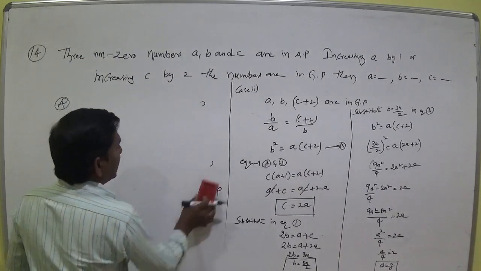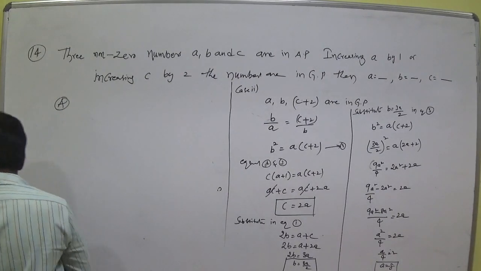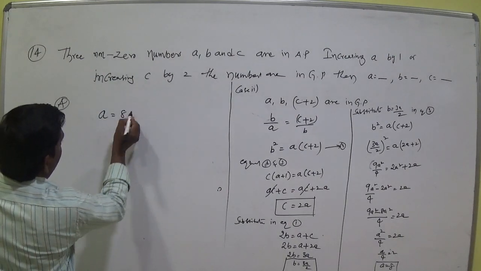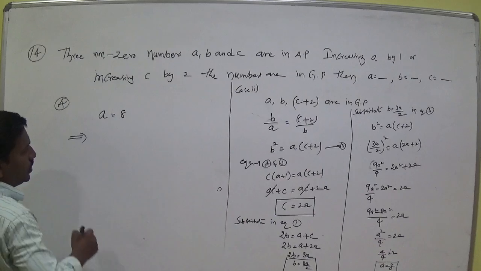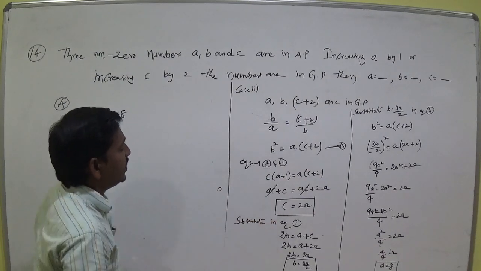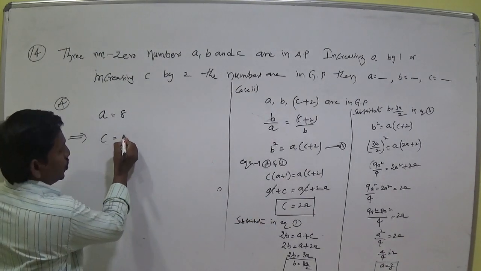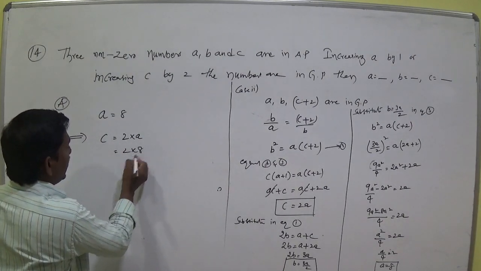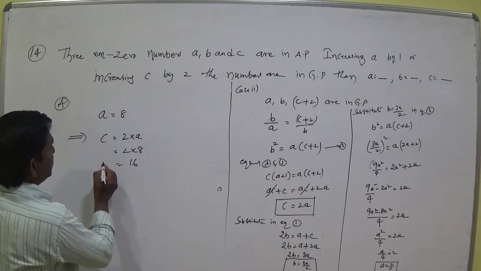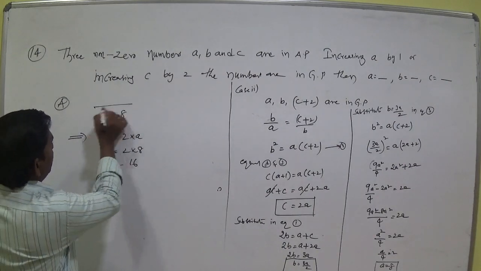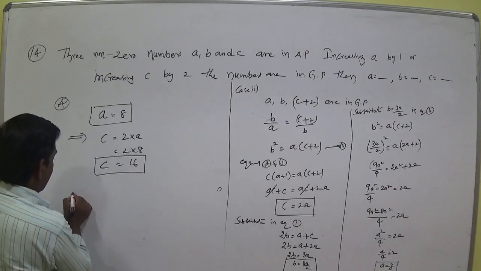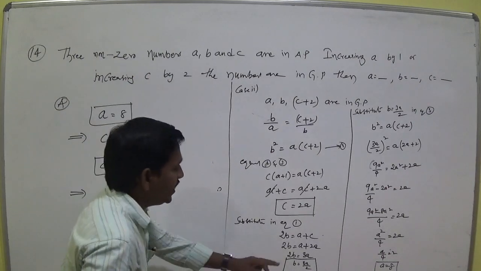We can calculate the remaining two values. Here A equal to 8. So if you want to get the C value, C equal to 2 into A. That means 2 into 8 equal to 16. C equal to 16, A equal to 8, C equal to 16. And B equal to